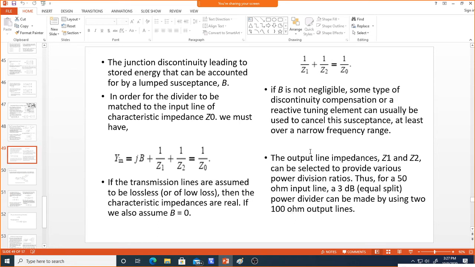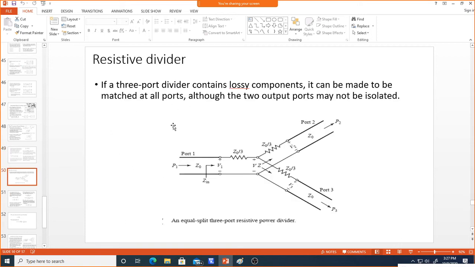So that's why, since the output ports are not matched in this T junction power divider, we will go for the resistive divider. Now even this resistive divider will give you equal power division, and also the output ports are matched. But these resistors which we added will be lossy,